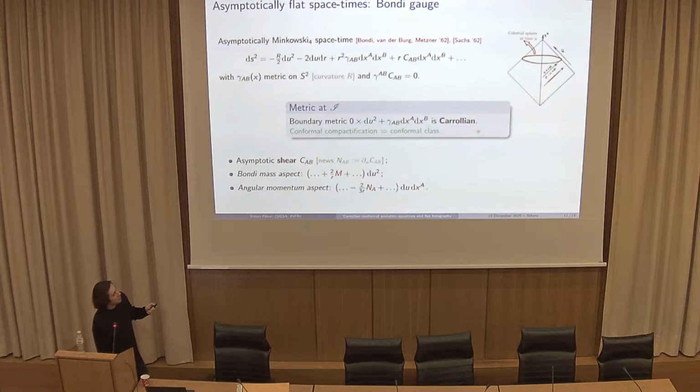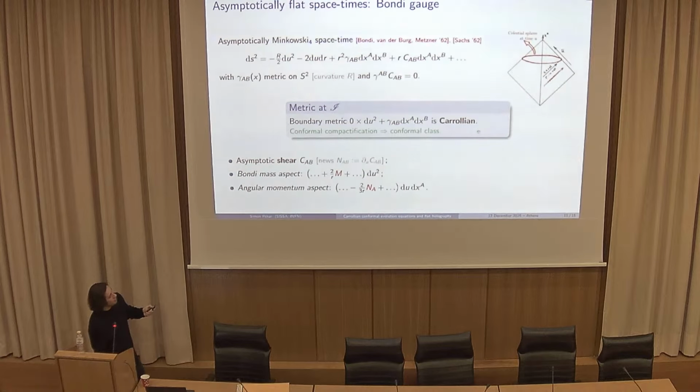where you can see already that this function, this tensor C_AB here, so yes, maybe a bit of notation. So r is going to be a radial coordinate, parameterizing the distance to the boundary. So r goes to infinity is going to be the conformal boundary. u is a retarded time parameter that lives along the boundary, that is parameterizing each null geodesic. And x^A, these are the 2 angles of the celestial sphere at infinity. Okay, so these are the objects that enter my expansion.